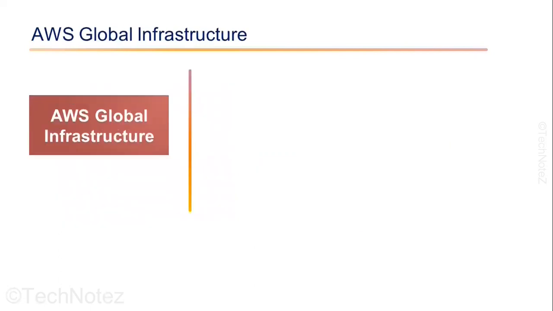So first, let's talk about the AWS global infrastructure. AWS has customers across the globe and every customer wants better performance of the application. AWS hosted its infrastructure globally to provide low latency and high speed access to AWS services to its customers. AWS global infrastructure includes multiple components like regions. A region is a geographical area where AWS hosts its physical infrastructure. There are multiple regions and each region consists of multiple availability zones. Within a region, we have availability zones and each availability zone contains multiple data centers for high availability.